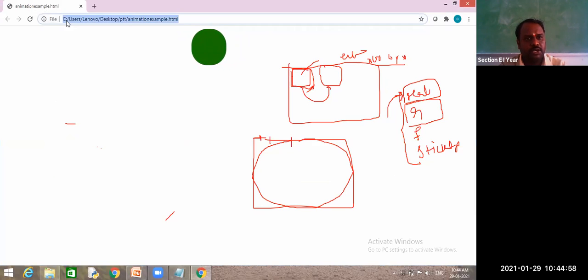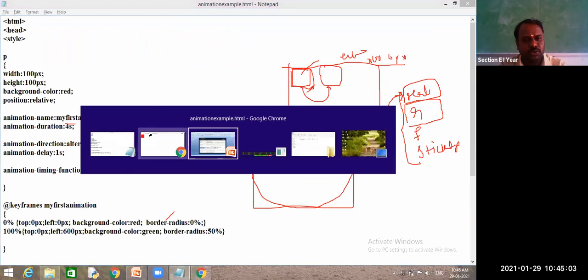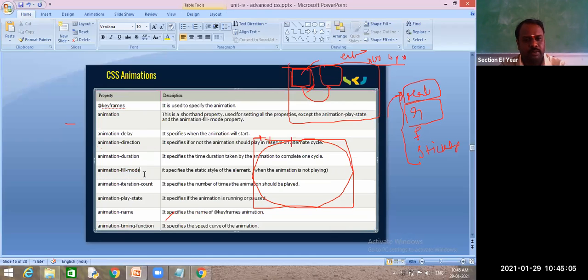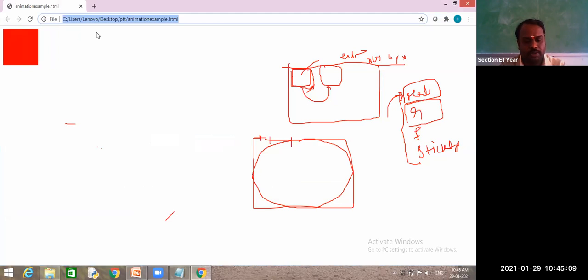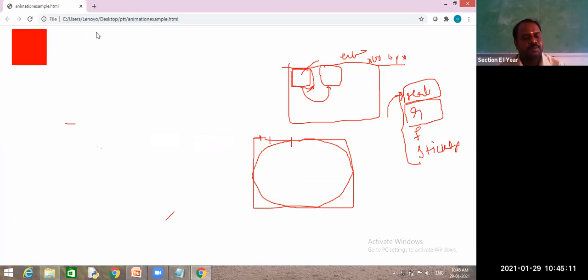So when you want to apply an animation only one time, at that time you use this one, animation fill mode. When the animation runs only one time, you apply this fill mode property. See, observe, the animation is applied. Next, your element comes back to the starting position. Again, that animation is not applied. See, one more time. It started the animation and it ended in the middle, again coming back to the starting position.